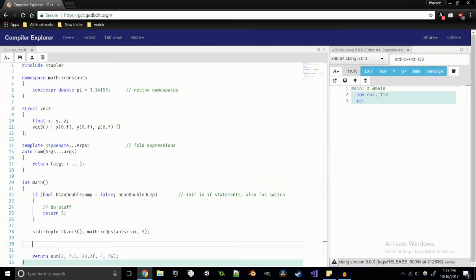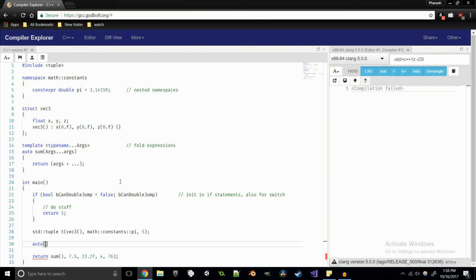We can eliminate a lot of this typing by using the fifth and final tip that we've got in the video here, and that is structured bindings. Using structured bindings, we can make all of that fit into one line. So the way it works is you use the keyword auto, and that's the only way that you can do it. You can do const auto, you can do auto ref. So basically anything that has to do with the auto keyword you can mix and match, right? So auto, and then I've got the square brackets here like we would use for an array,